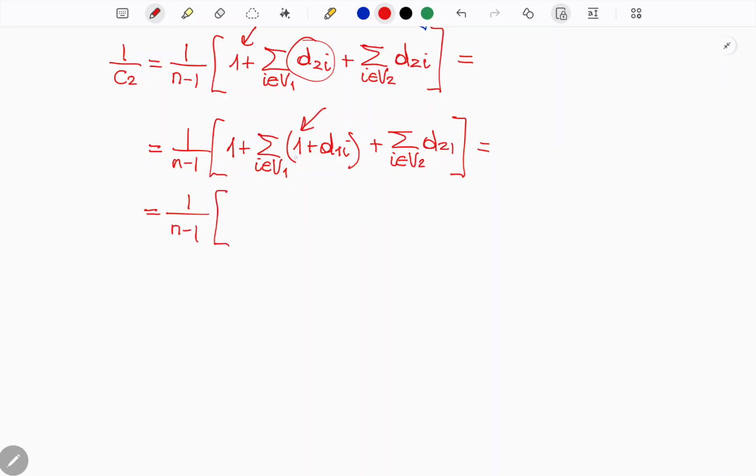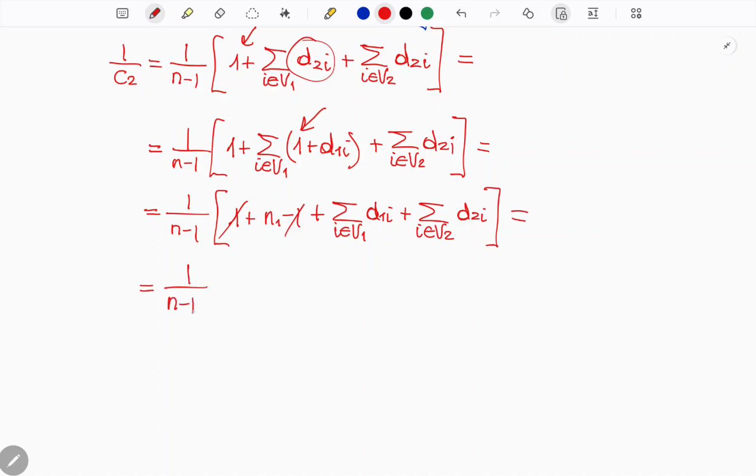Now the addition of all the ones for all the terms in this summatory is going to be n1 minus 1. So I have 1 plus n1 minus 1 plus the addition for all the vertices at V1 of d1i plus the addition of all the vertices at V2 of d2i. And that's it. So these two cancel out, and in the end we obtain a very similar expression to the one that we obtained before: 1 plus the summatory of i belonging to V1, d1i plus